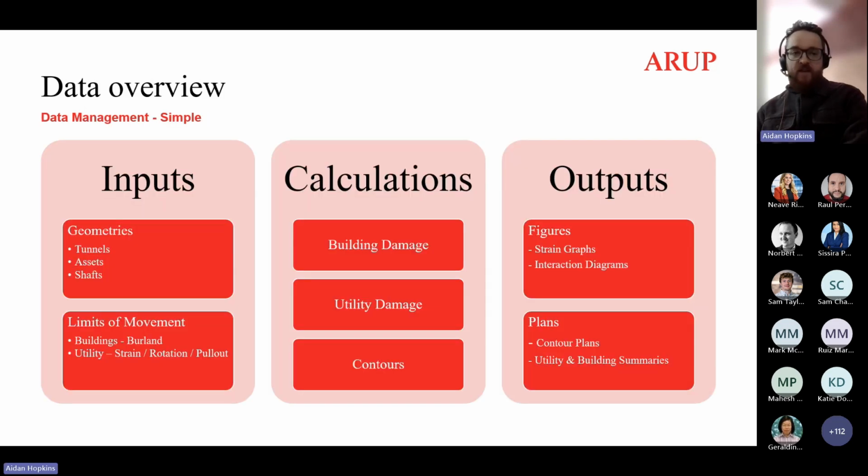So from the data that we had for this project, we're looking at building damage calculations, utility damage calculations, and also generating settlement contours. Everyone loves that nice visual representation of how much ground settlement we're predicting. For our inputs, we had the tunnel geometries, the shaft geometries, and then those for our assets, which we either